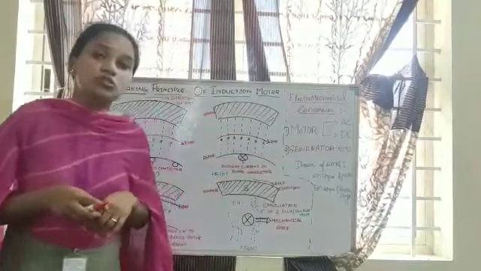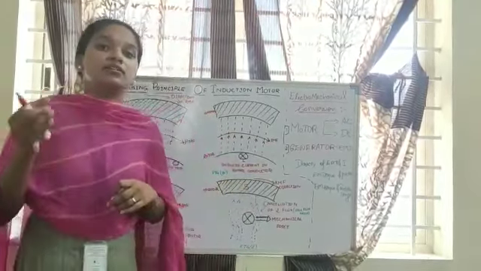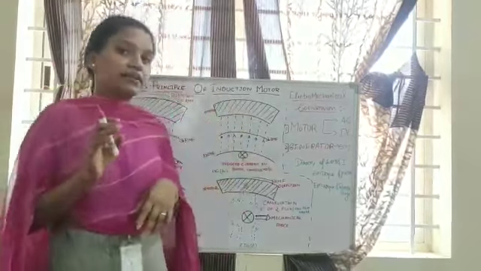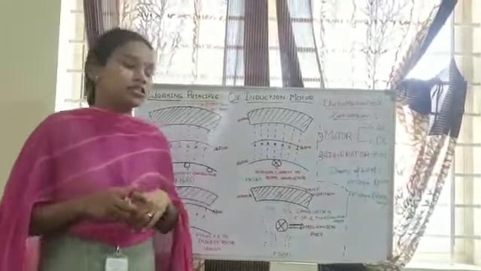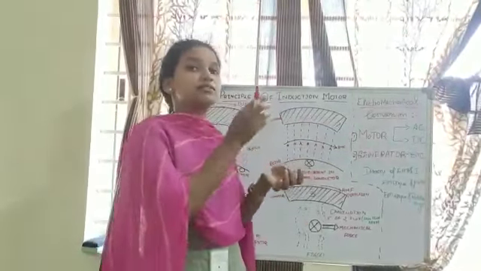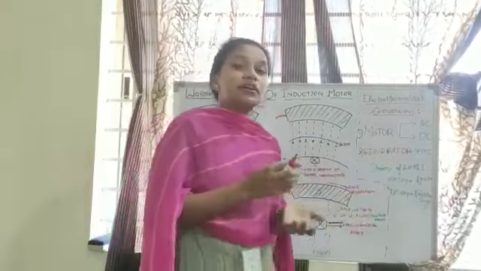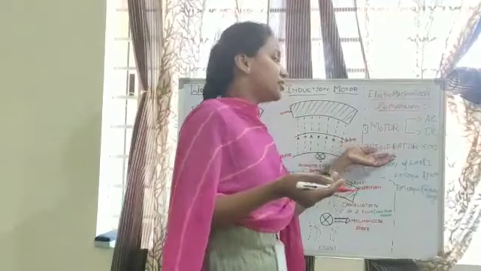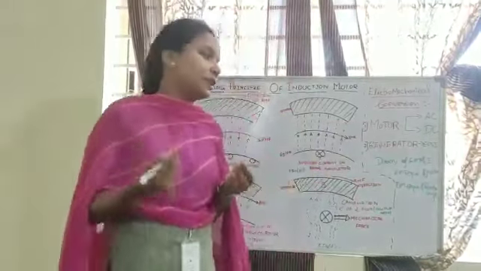Here the generator works on the principle of electromagnetic induction, which states that whenever a conductor is placed in a moving magnetic field, voltage is induced in the conductor. Therefore, a generator is based on the principle of electromagnetic induction. Repeating, we can say that a motor converts electrical energy into mechanical energy. A generator converts mechanical energy into electrical energy. Basically, a generator will generate electrical energy, and a motor will utilize the energy.